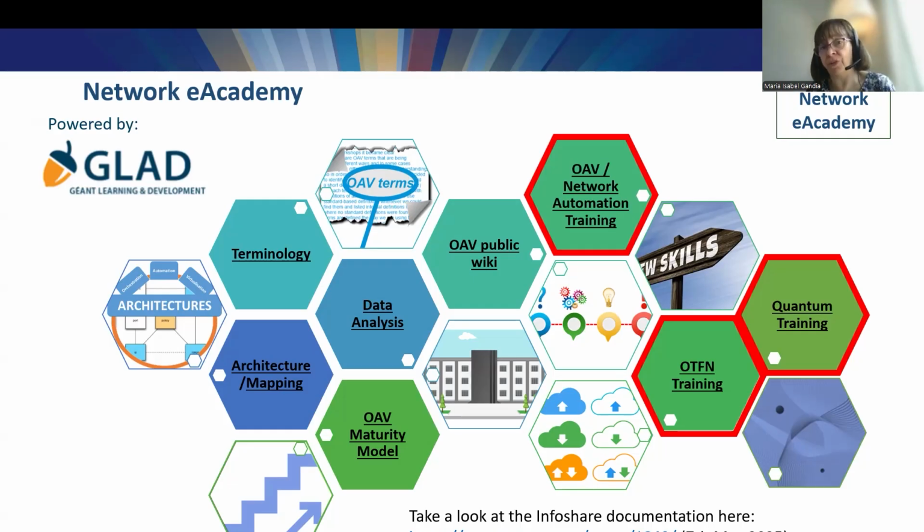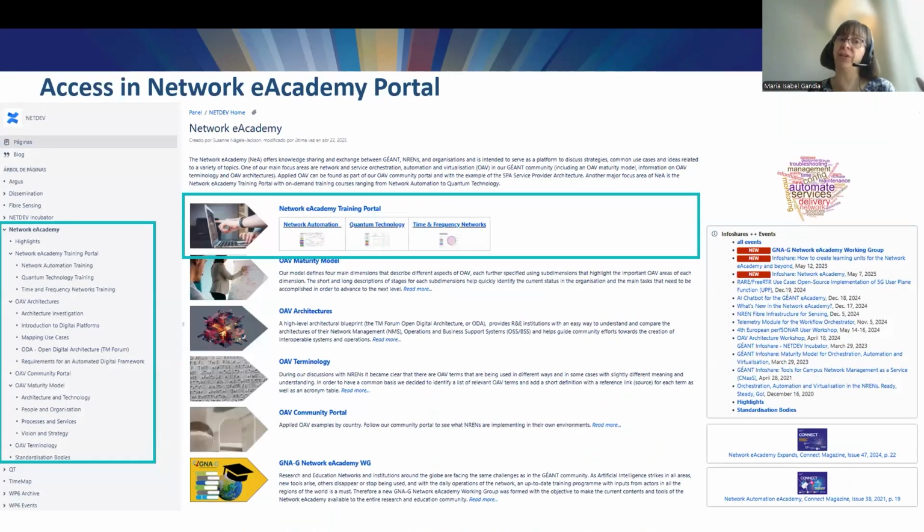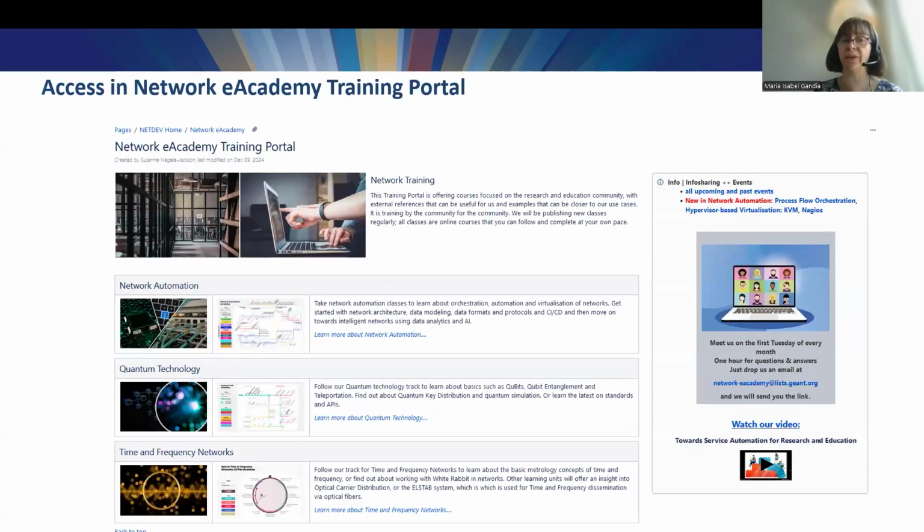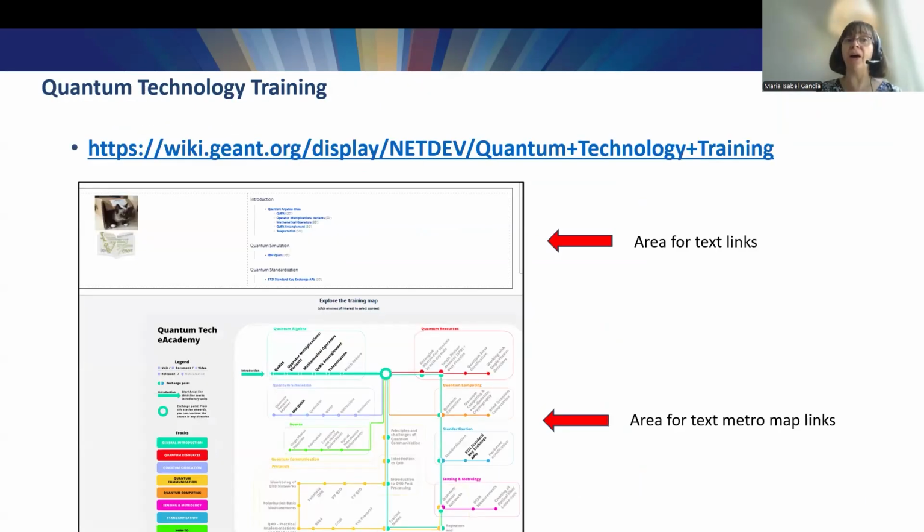And about the training, you can access the training of the Network eAcademy either from the Network eAcademy portal in the wiki, in the NetDev wiki. You can have the link here, or through the Network eAcademy training portal, also inside the wiki, where you can see these network automation, quantum technology, and time and frequency networks tracks. And you can also see that, for instance, in this case for quantum, there is an area in each one of the tracks for text links and an area for the map, for the metro map, because we have organized